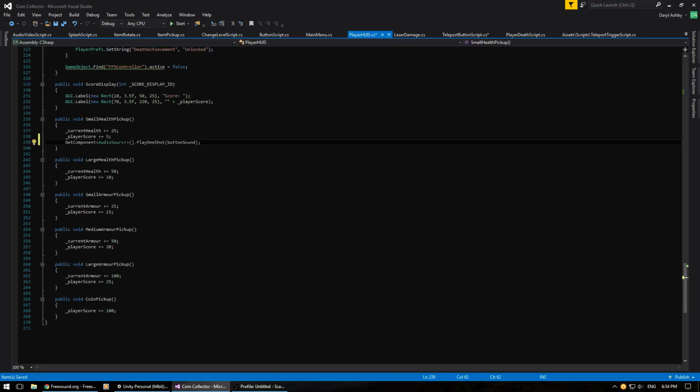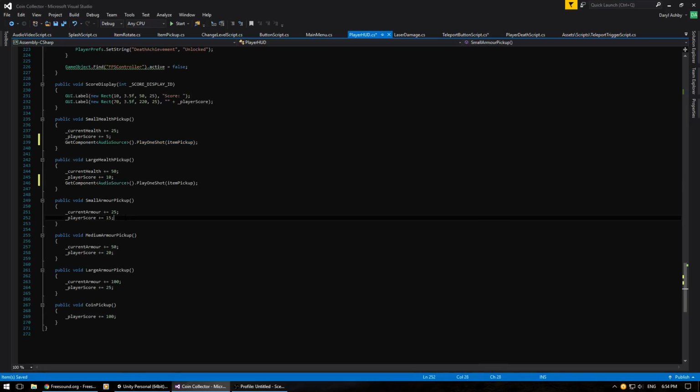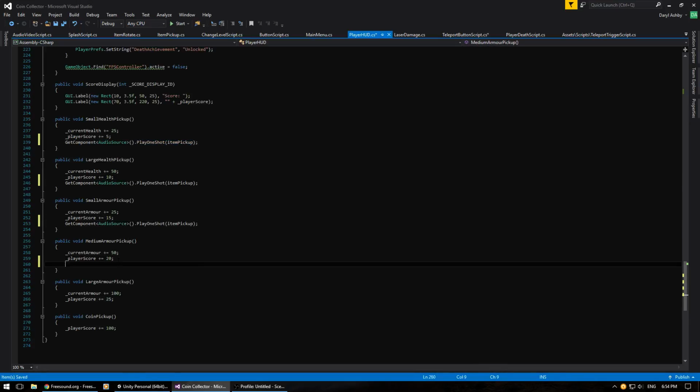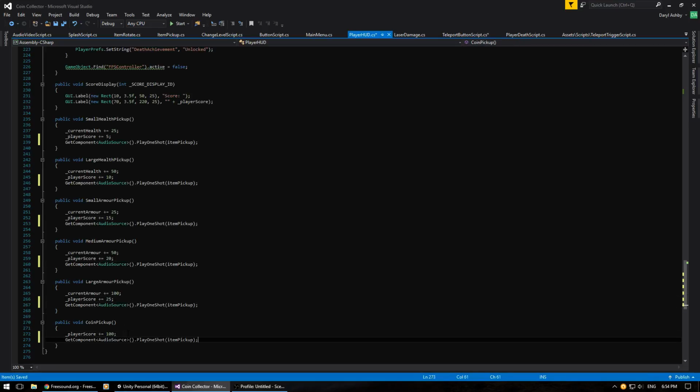So I paste in our previous one here, and I'm just going to say this is an item, so we could say item pickup. And I could just copy that and put it on the bottom of all these items, so the armor and the health. On the bottom here for the coin, you just type coin pickup. There we go. Now if we go to Unity,